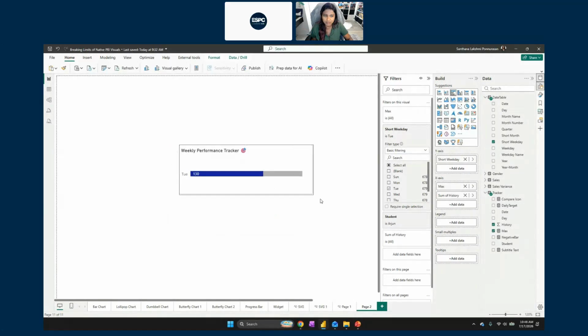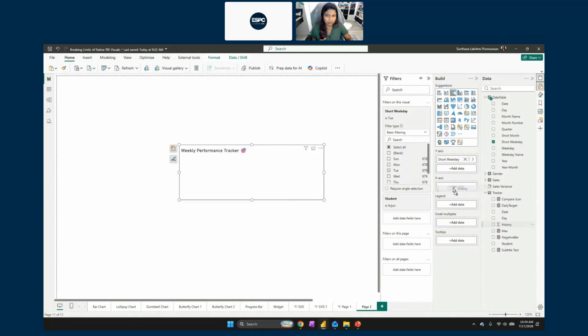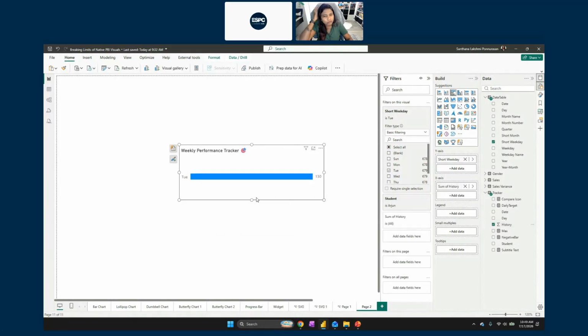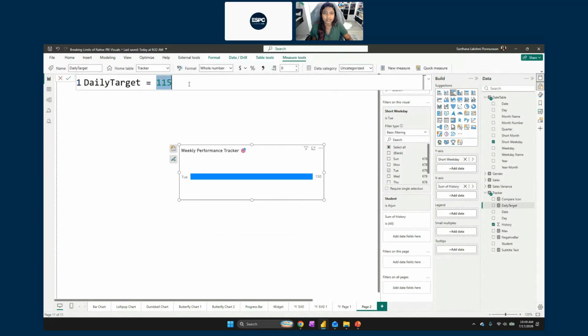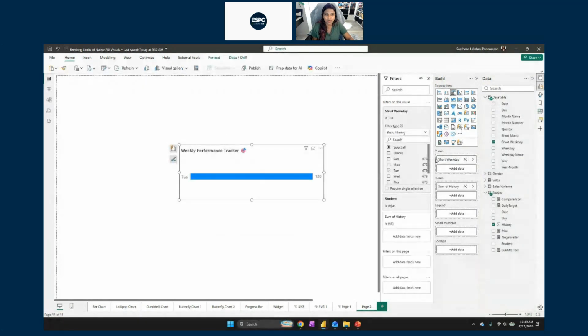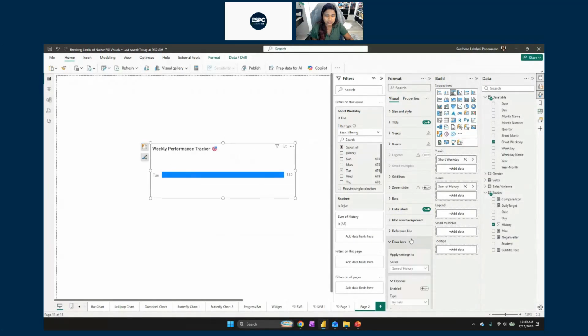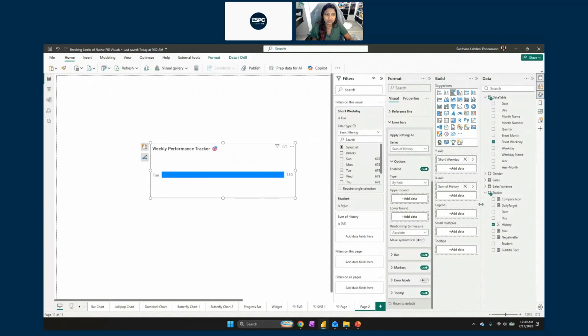Okay, I have a very simple visual here. And then say I have a target. Bullet charts need to have a target, right? So say I have a target of 115. When I need to create a bullet chart here, what I have to do is go to my error bars, enable my error bars, throw in the values of my target in both upper as well as lower bound.